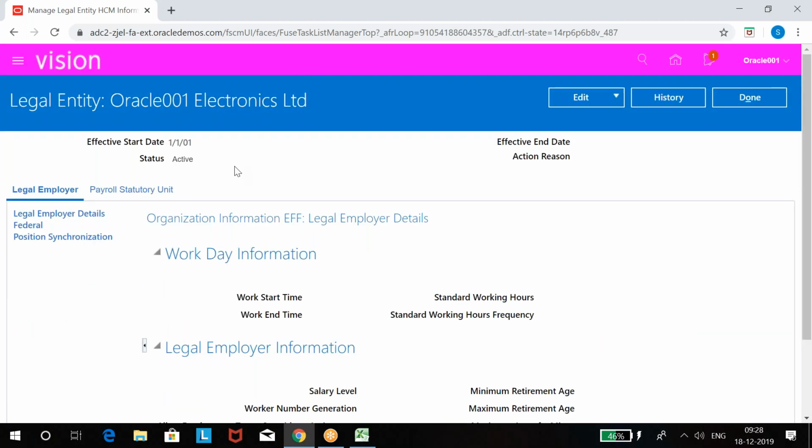See guys, I'm discussing the way you need to know. So note down somewhere when you listen to the video or try to understand, because you need to know the reasons. In interview they may ask you, why do we create legislative data group? What is the use of it? You have to tell them what is the use of employee user, why we can't use implementation user for everything. You have to tell them why we need to map legislative data group with legal entity. So these questions come in interview.